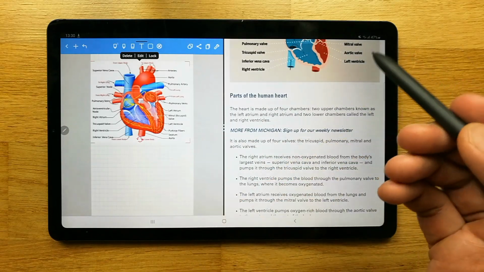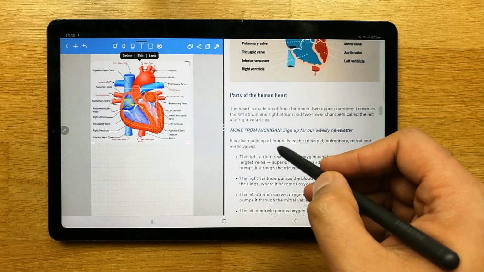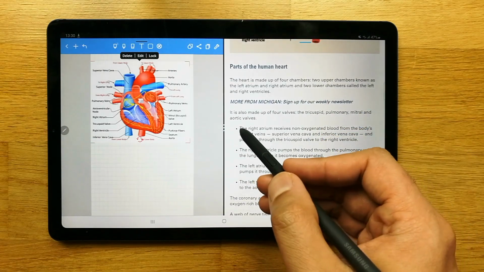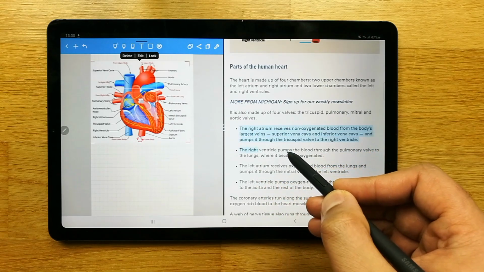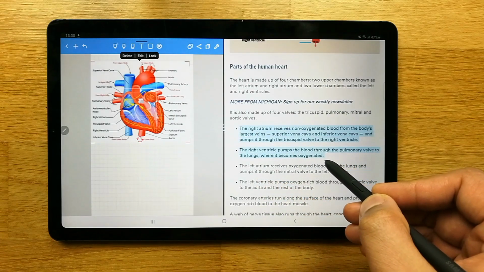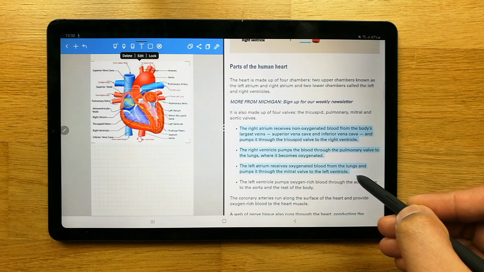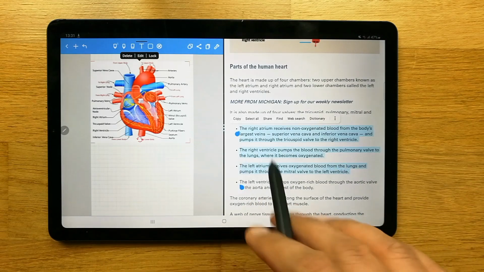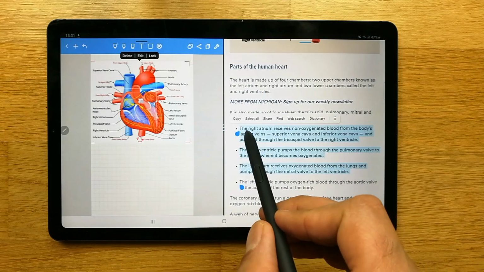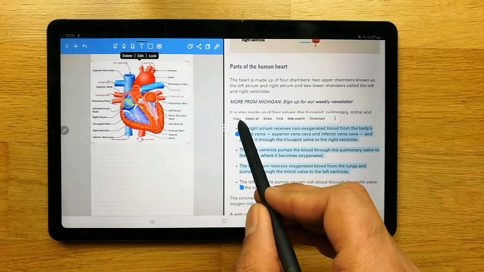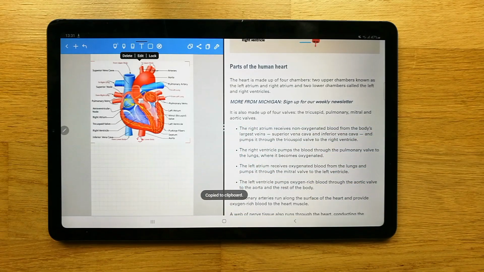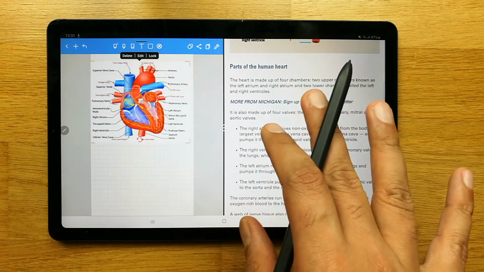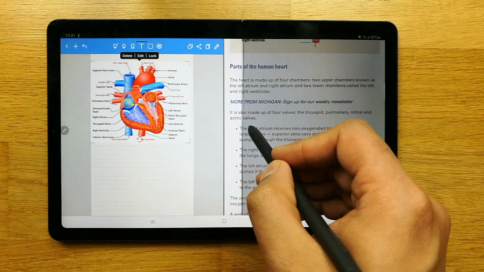I can do this as well using the same technique. So I select this area, whichever paragraph or line I want to put into my notes. Once you select it, just copy it. Okay guys, so I just copied. Now my work here is finished, so I will just close it.